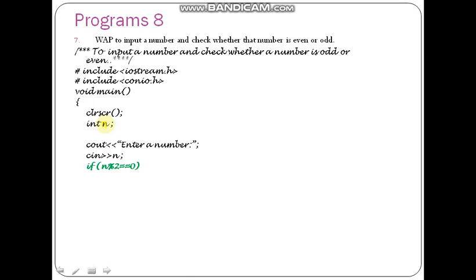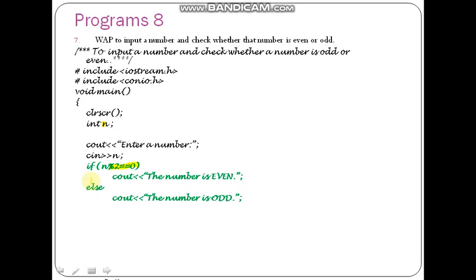So just like we did in the last program, we use the condition n modulus 2. We are taking the remainder of n divided by 2, and if that remainder is equal to 0, that means it is even. Otherwise, that means else can be given, then the number is odd. See, I didn't use the curly bracket here because there is only one statement here. If there is more than one statement, you must use the curly bracket to make it a block.